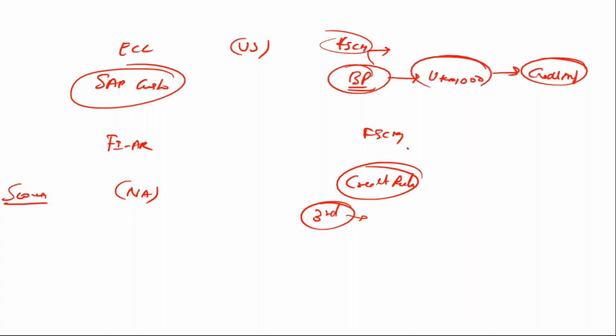So whenever I find my rating is good enough, and a third party agency's rating is not good enough, I can get it justified, saying this customer might be good to me, right? But not everywhere he might be a good customer. If he's defaulting with some other customer, then the rating automatically comes down when it comes to third party evaluations. So in that case, I can take a decision whether to extend the credit limit to a customer, or reduce the credit limit which has already been offered to a customer. That is where they go by this particular credit rules engine.